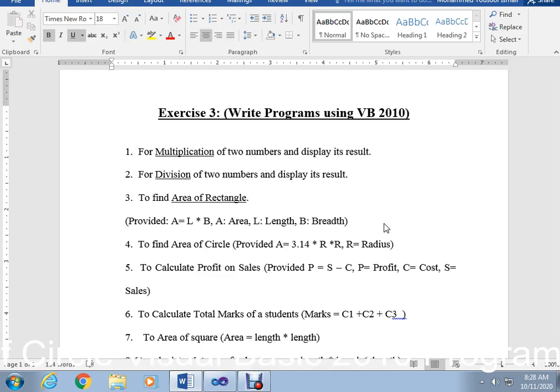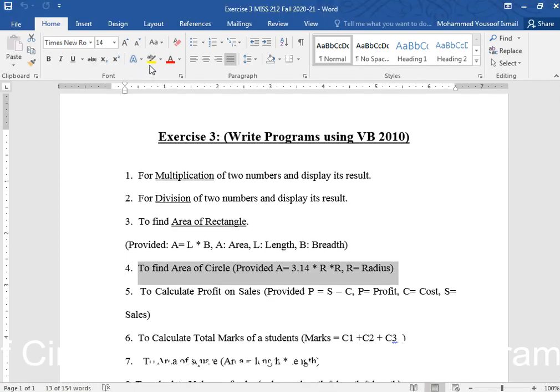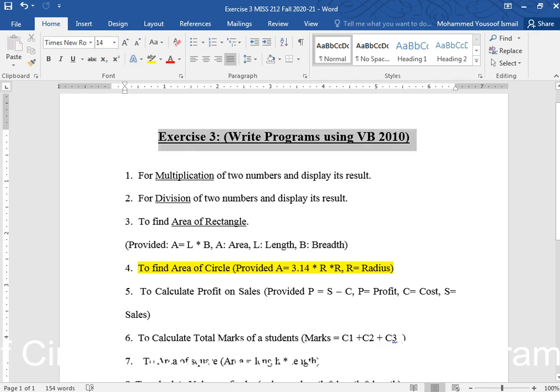Good morning. Today we are going to discuss the fourth program in exercise number 3. Already in the previous class, we have discussed question number 1, question number 2 and question number 3. Now we are going to discuss question number 4, which is about finding the area of a circle. This is our question that we are going to find the solution for by writing the program using Visual Basic